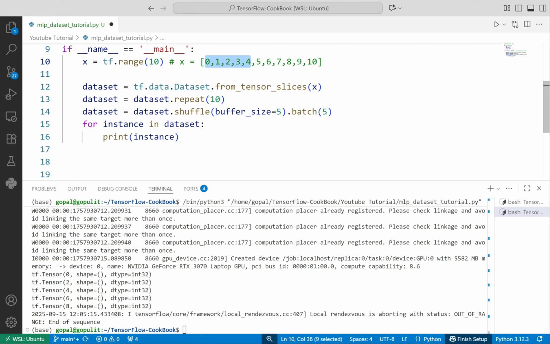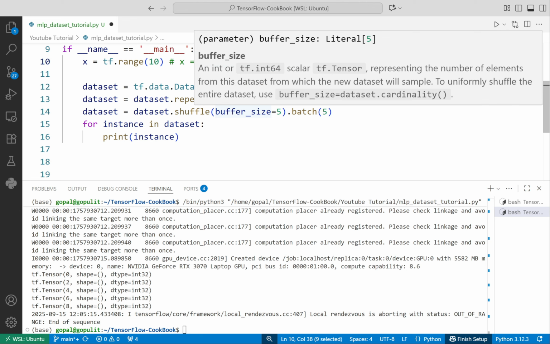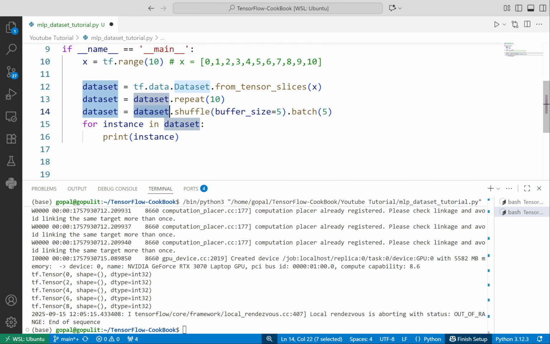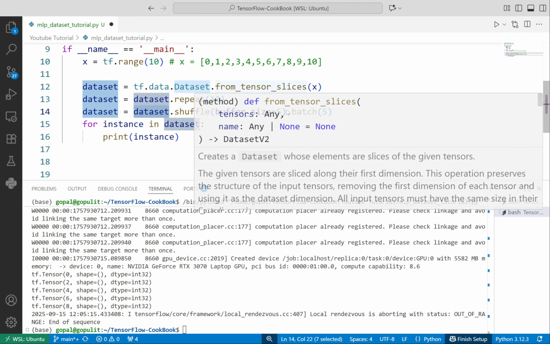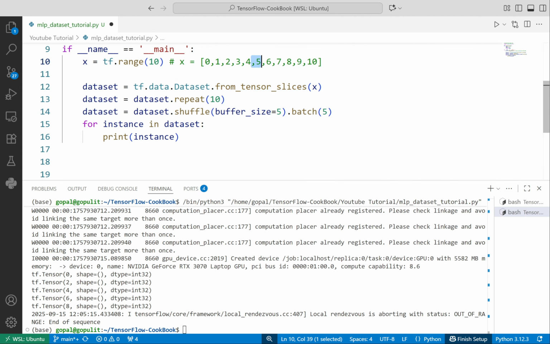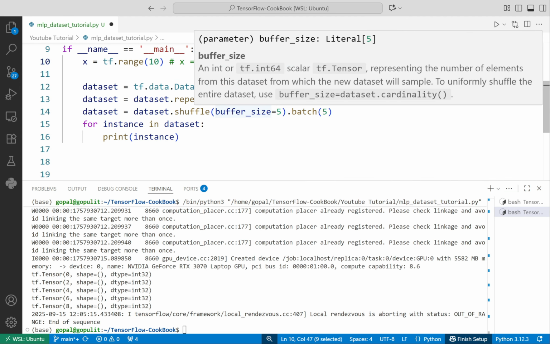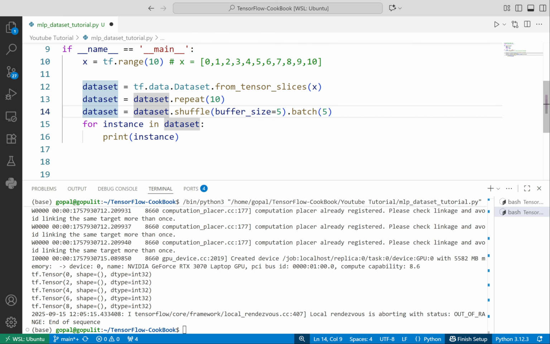Now this might become, let's say, 2, 1, 3, 0, 4, and then that will be our first elements. Then again it will take the next 5 elements, store them in the storage, shuffle them and give them to the data set, and then again it will take the next 5 elements, shuffle them and give them to the data set. Now I guess you understand what I'm doing here.